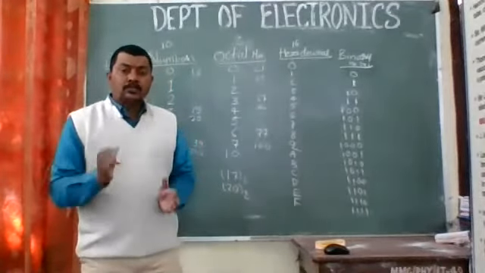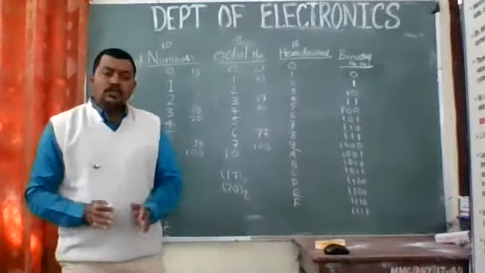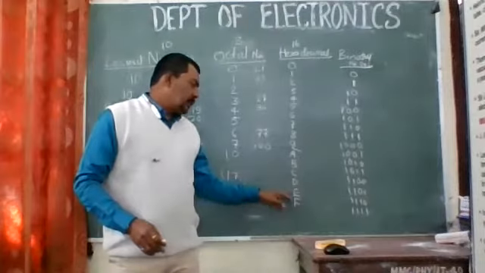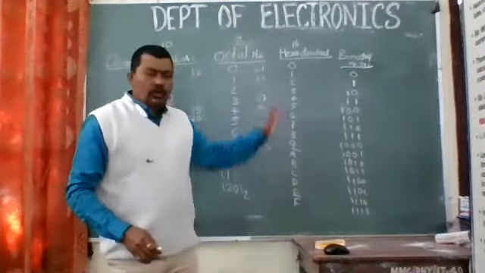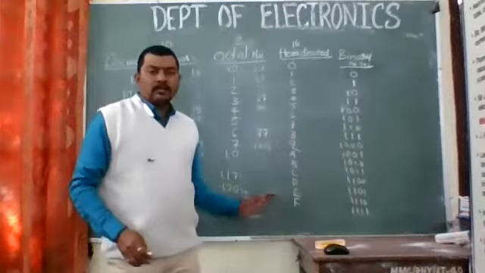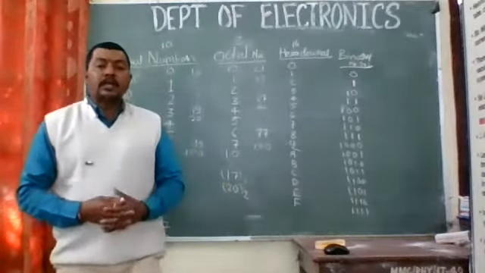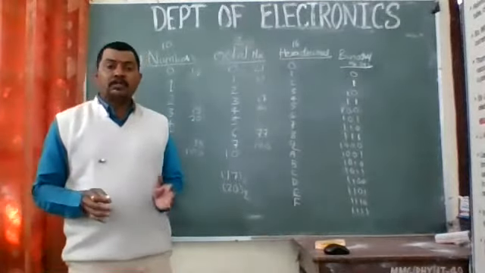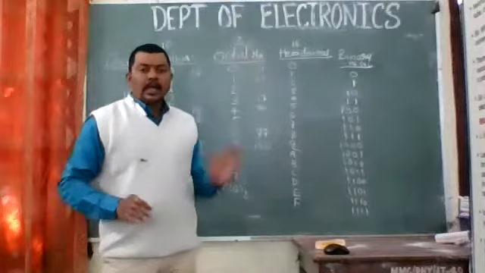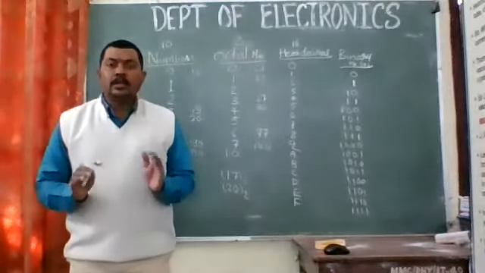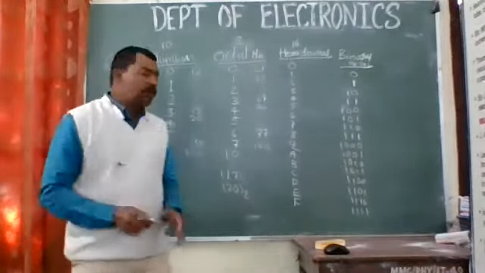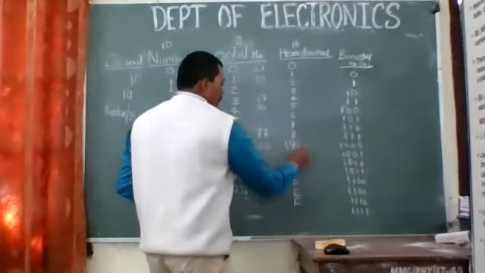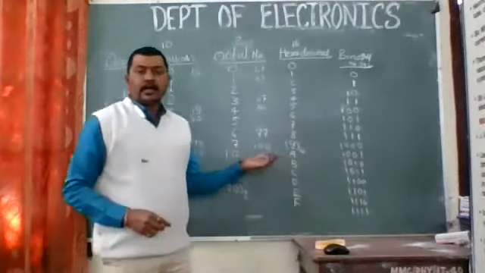After that, since we require more symbols, we are going to use the alphabet. Those are A, B, C, D, E, and F. And if you count all those, they will show you that there are 16 symbols being used in the hexadecimal number system. So the hexadecimal number system has 16 as radix or base, right? Radix or base. Every time you write this number, you'll have to specify that it is a hexadecimal number.